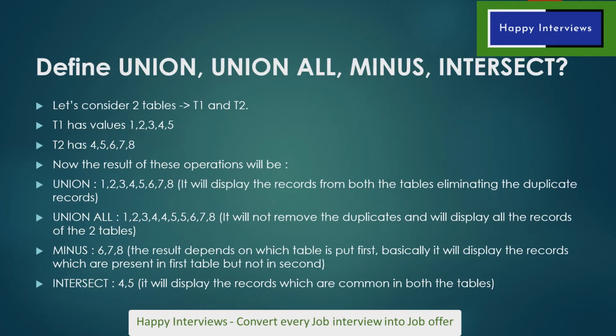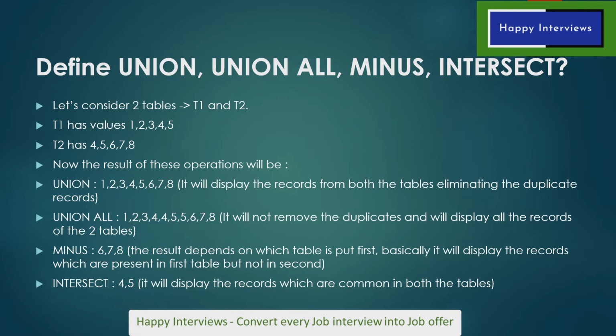Next question is define union, union all, minus and intersect. So let's consider two tables, T1 and T2. T1 has values as 1, 2, 3, 4, 5. T2 has 4, 5, 6, 7, 8. Now the result of these operations will be, if we apply union between T1 and T2, so what union will